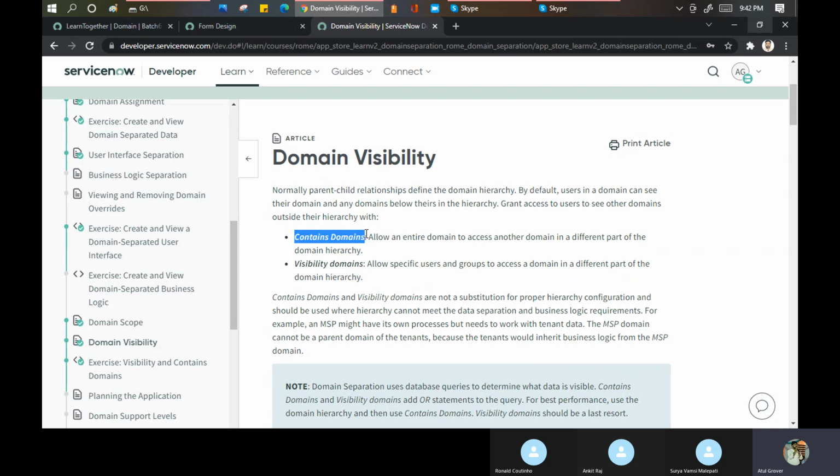That is a contains domain. Visibility domain allows a specific user or group to access a domain in a different part.